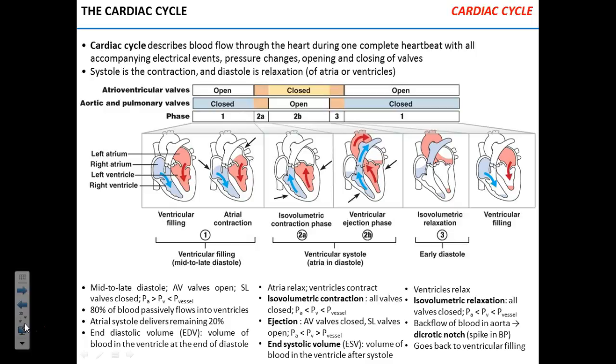So when I ask you what happens during, I don't know, isovolumetric contraction, you can tell me which valves are closed, which valves are open, where's the blood, which part of the EKG is that. It's when you put that all together, it's like a puzzle. Each piece separately may not make a lot of sense. Put them all together, it makes perfect sense. Okay?